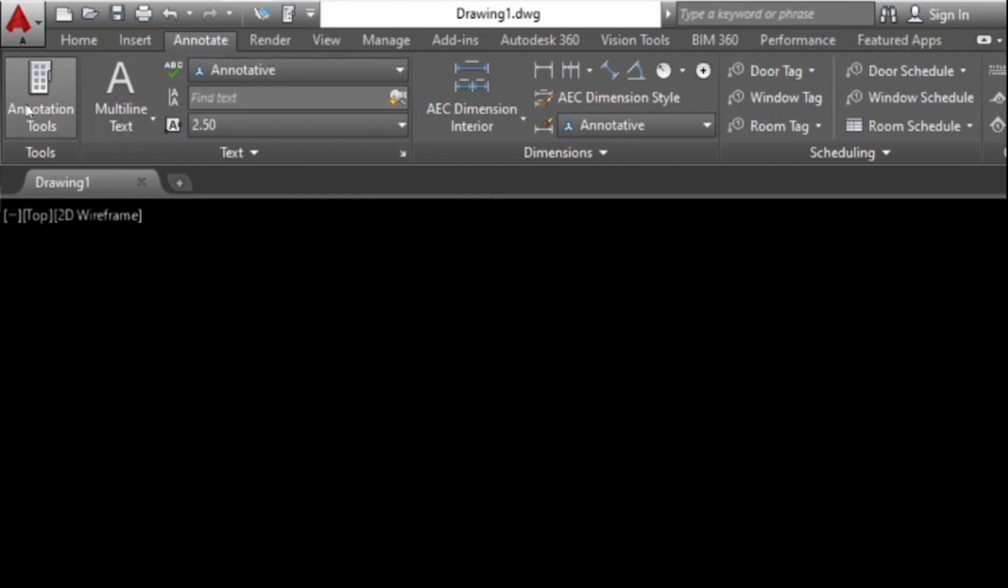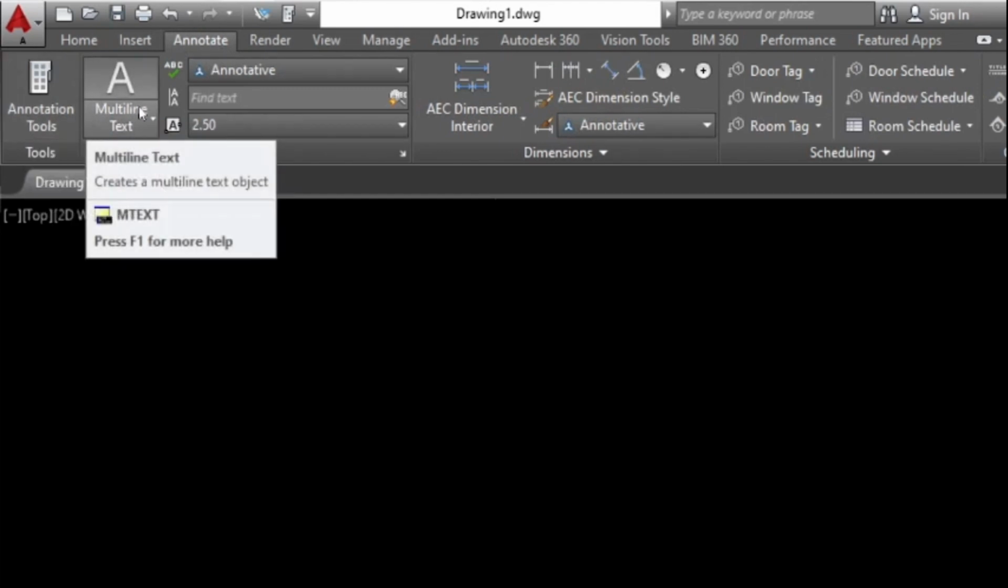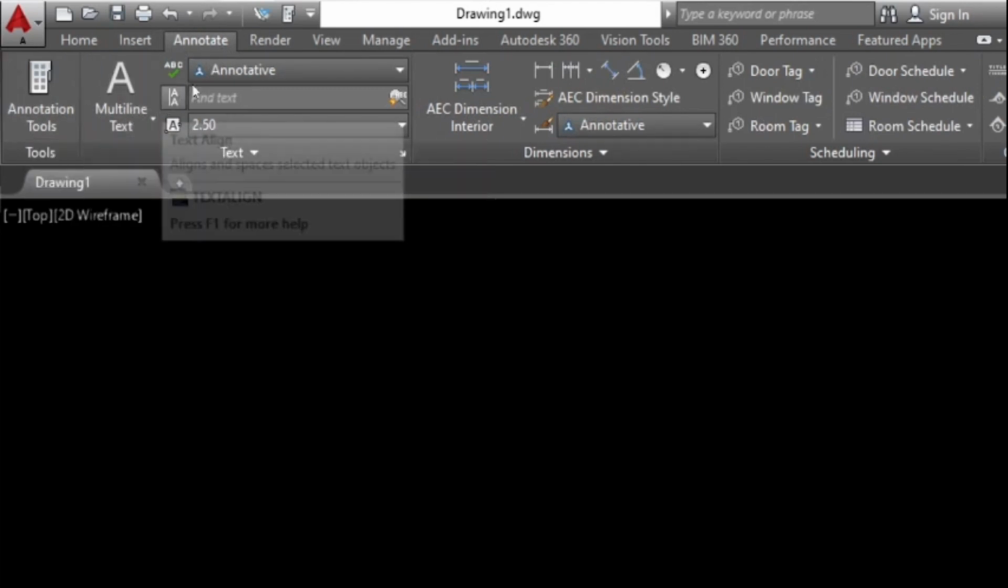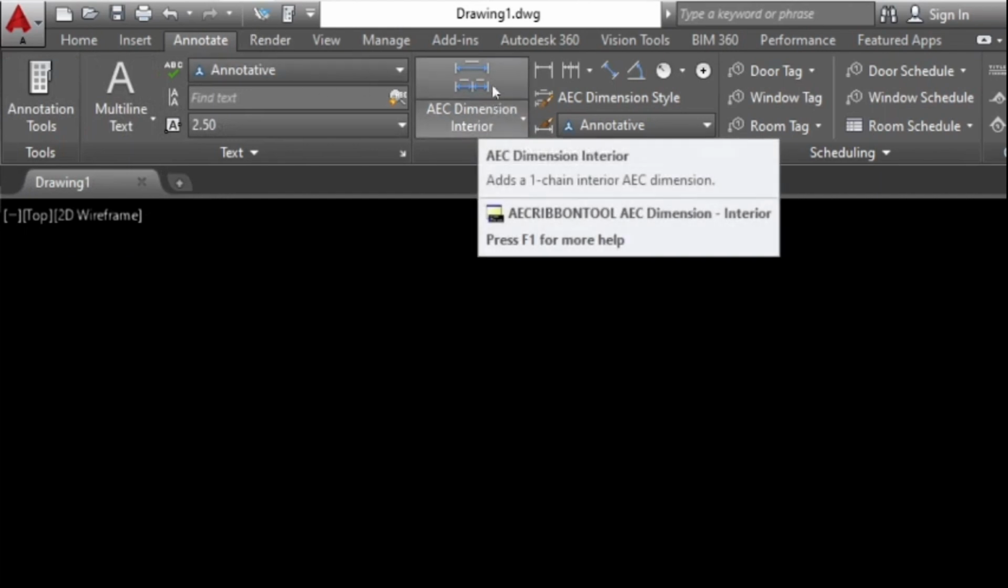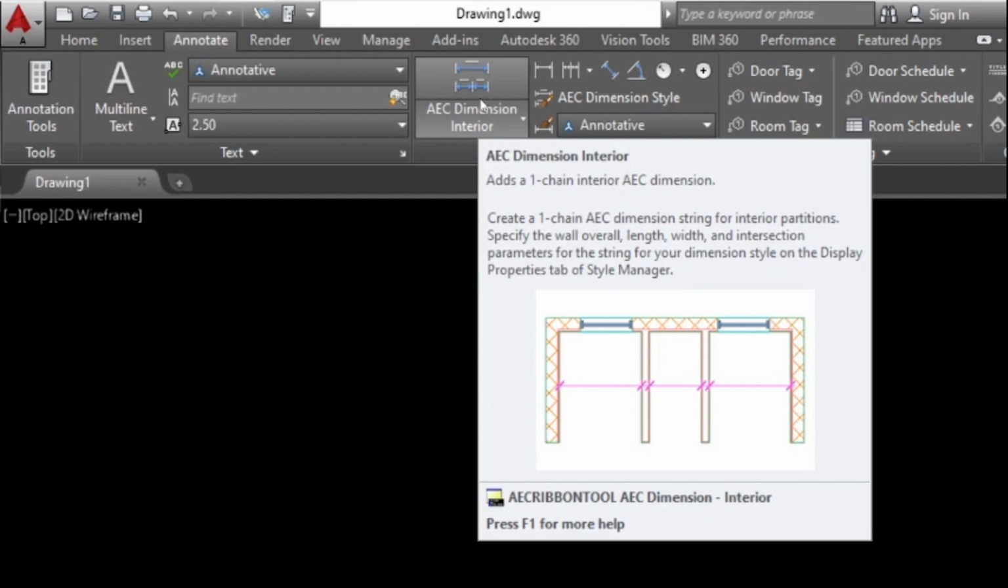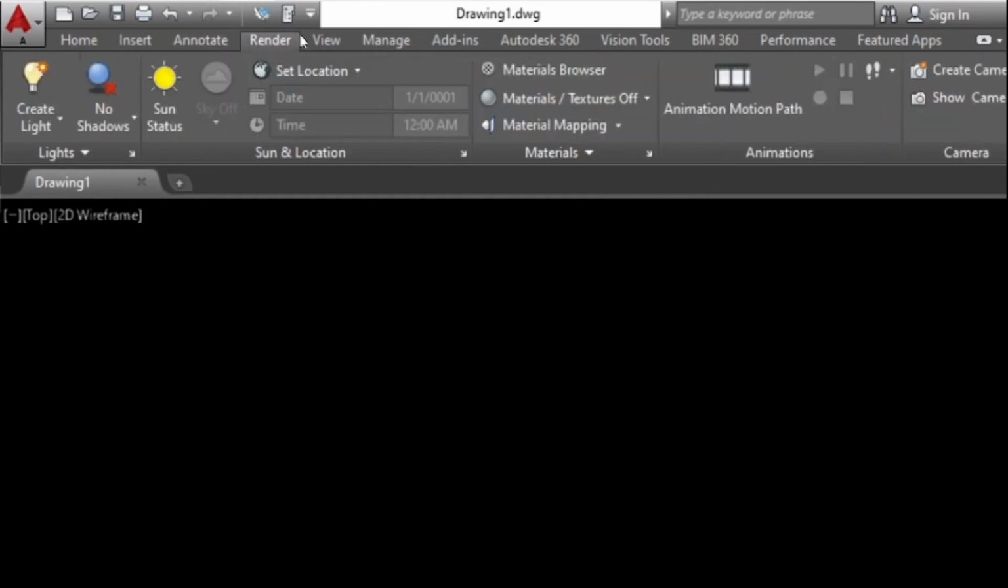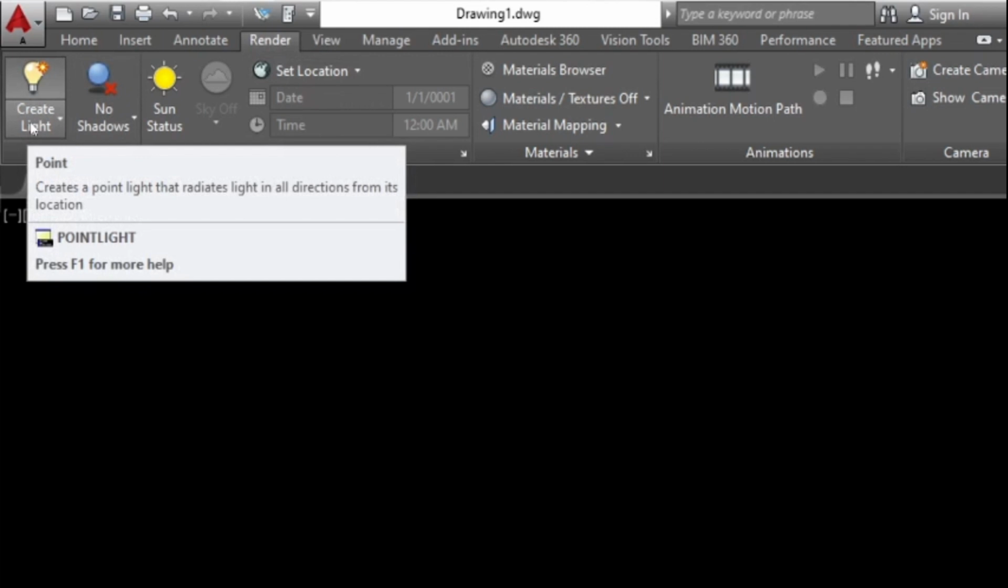Annotation also has different stuff. We have our annotation, multi-line text, AEC dimension. In the 2008 it was AEC dimension style. With this it's different. So we have render. With the render we have create light,